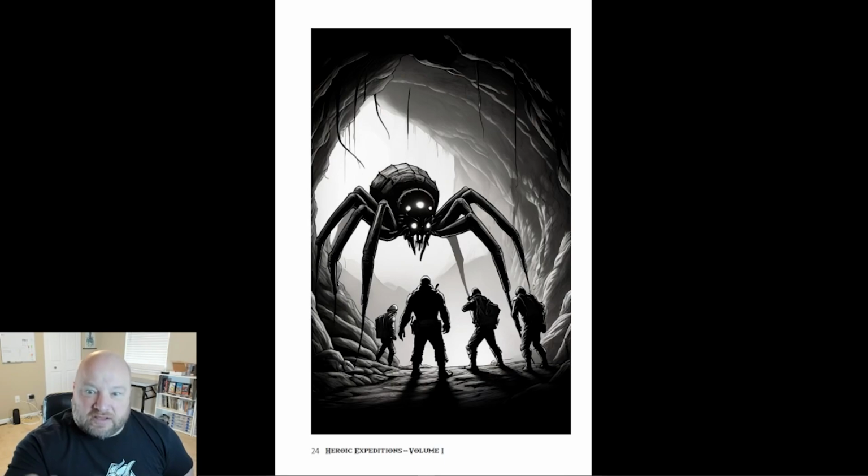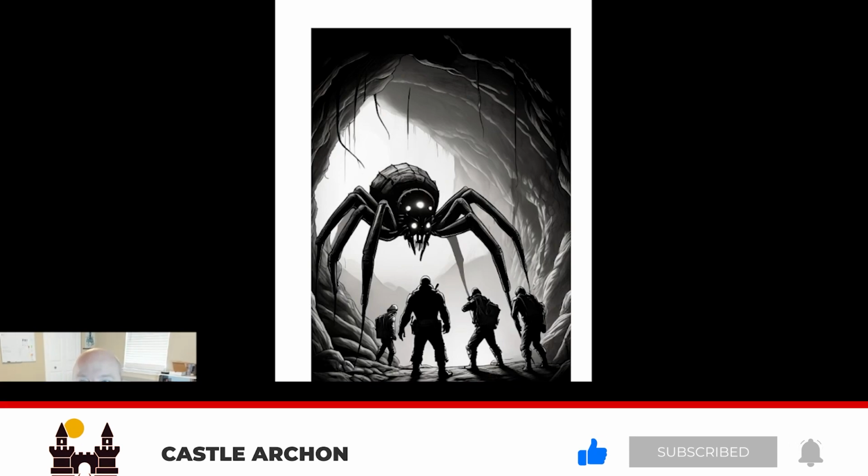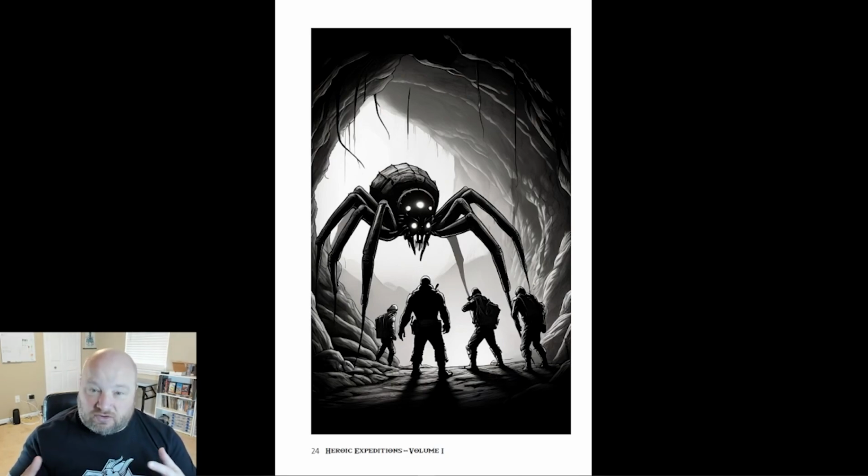Guys, get the person who drew this name on this page. They definitely deserve credit. It's a beautiful picture. Now, I'm partial to black and white artwork or two-toned artwork because that's D&D to me, and it's the way my brother draws. He can do color too, but he really shines when it's black and white. And I can tell you the contrast is what's beautiful about this picture because, I mean, you can tell that